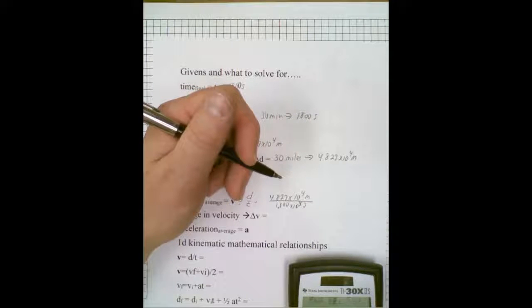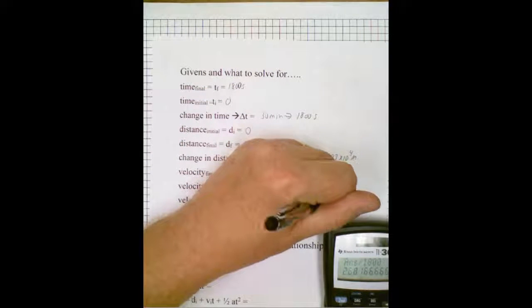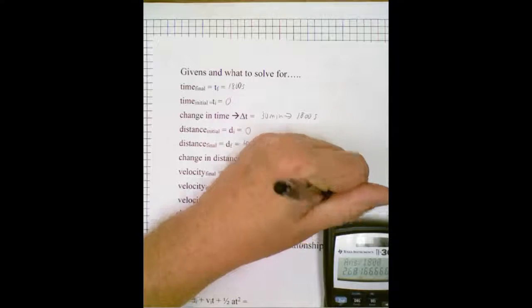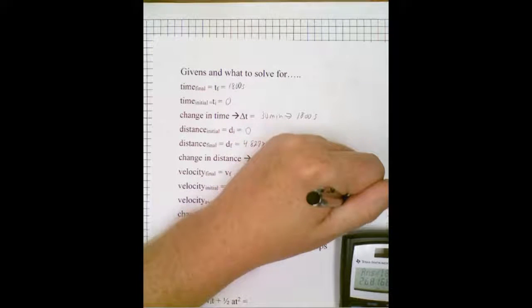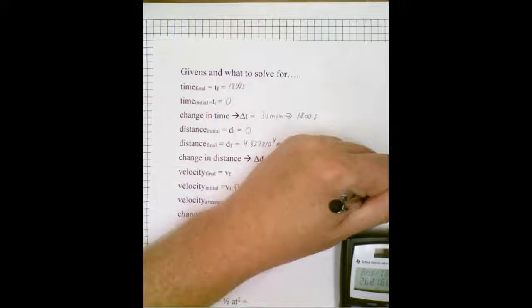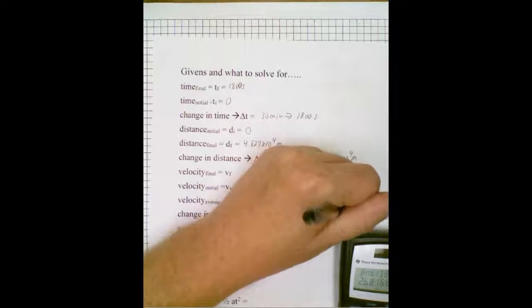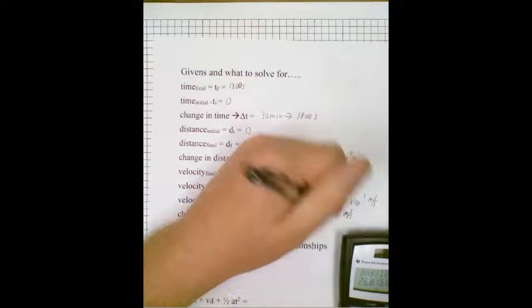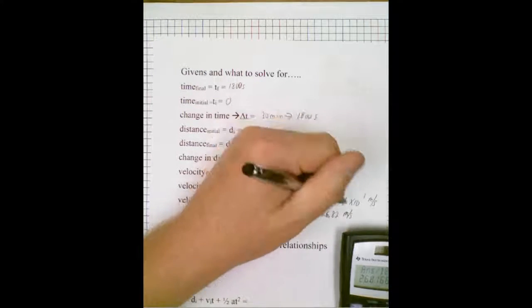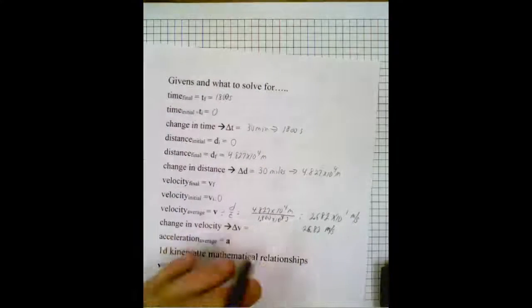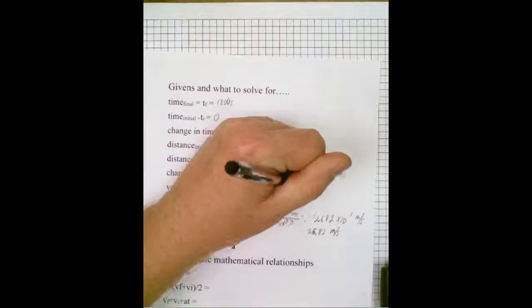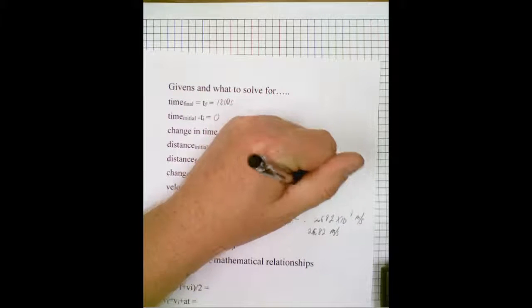Put this in scientific notation. So 48 divided by, and this gets us 2.682 times 10 to the 1 meters per second, or if you like, 26.82 meters per second. At some points you do have to decide what is the more convenient thing to do. When it takes you more to write the answer than the answer is written the short way, this is usually pretty good. So we could have called this 48,270,